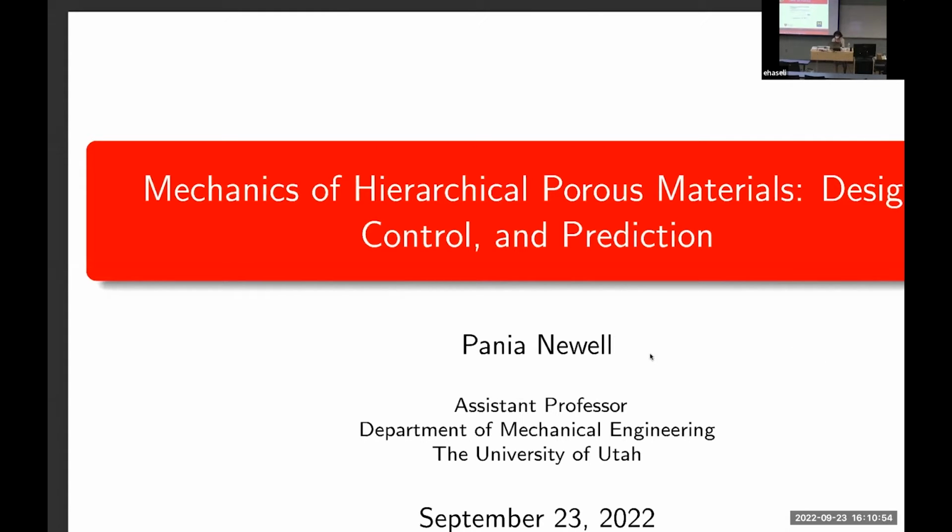Utah's scientific computing institute, which is called SCI. And it's actually very well known. It definitely predates MICDE by quite a bit. Anyway, Pania's work is broadly in computational mechanics and materials. She has an interest in developing multi-scale methods, extracting information from lower scales, and obviously very advanced models and simulations of materials and mechanics. The work that she's going to talk about today pretty much combines all of that. And so it's my pleasure.